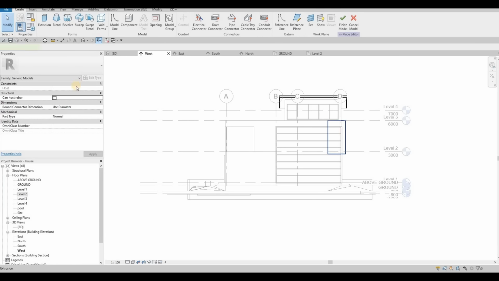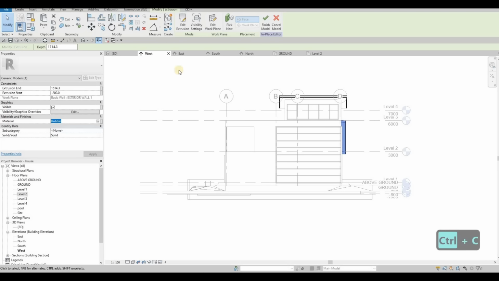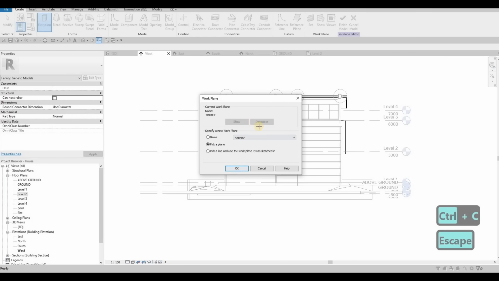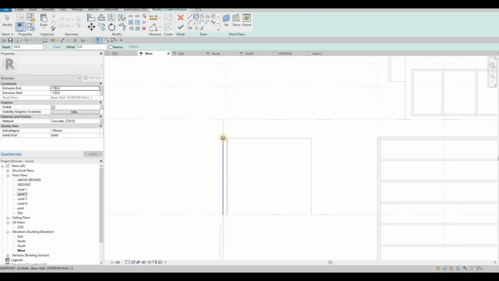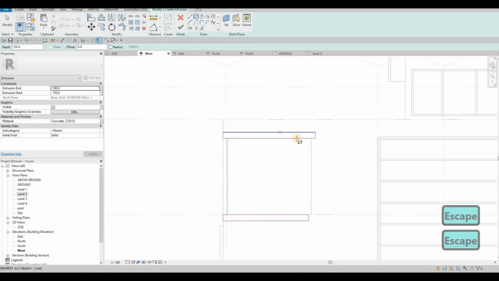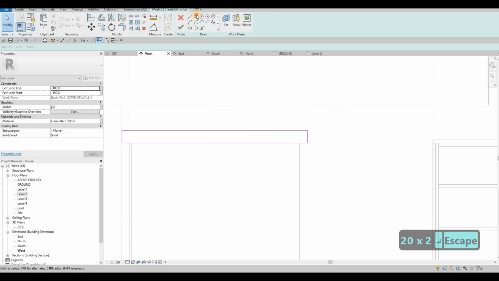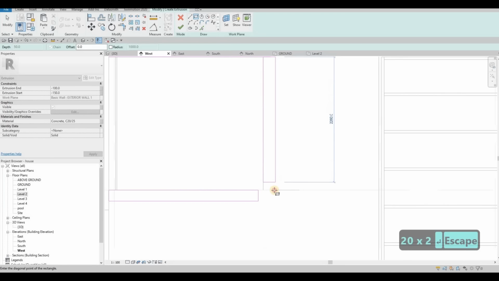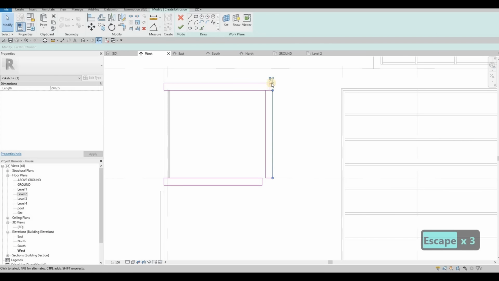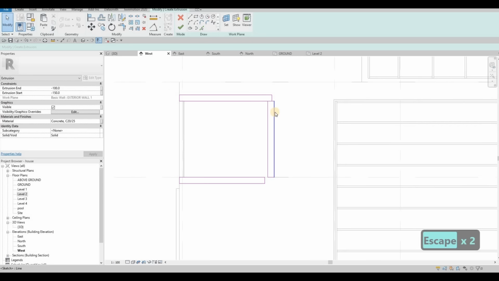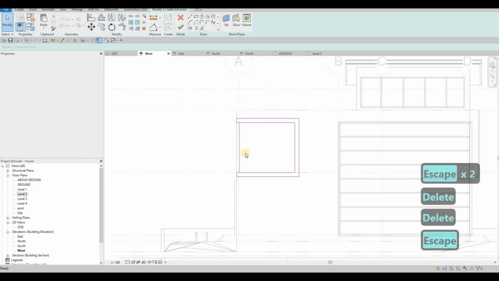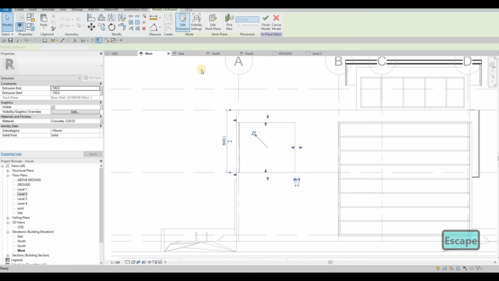create, this will be rubble. I'm gonna do an extrusion, pick a plane, select this one, 200 on both ends for the thickness, and then here as well. 200, just move this one and then trim and extend on those, and then delete those small lines that we don't need. Click finish,